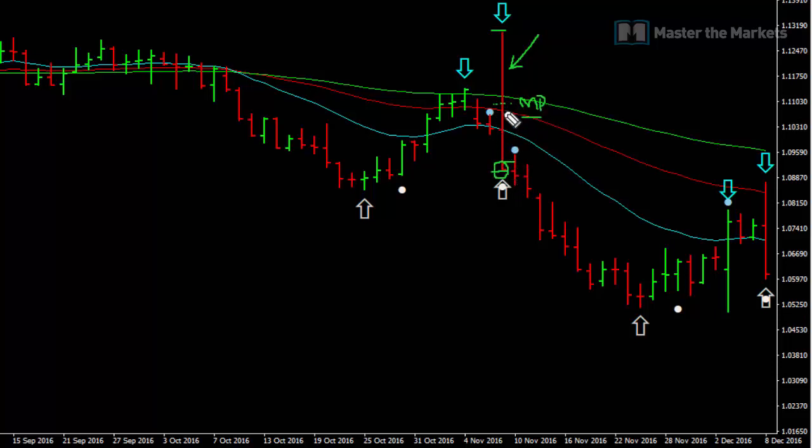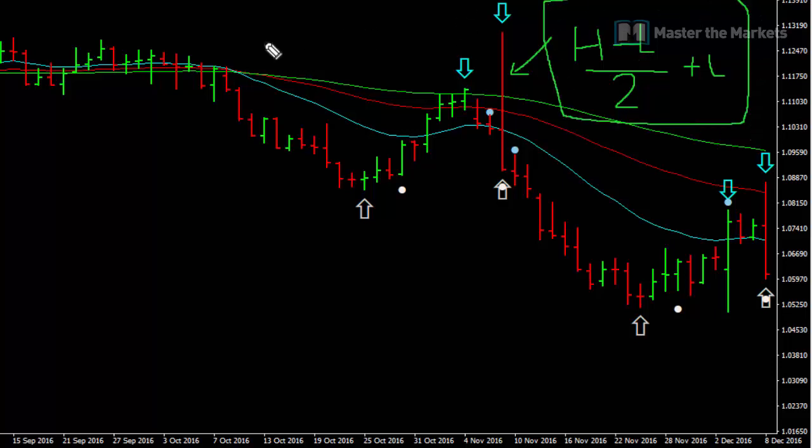Now if the close of the outside bar is below the midpoint, then this has a certain set of statistics around it. And again, if you look at this outside bar here as well, the same thing happens. The close is below the midpoint of the bar, which will be around here. How can you work out the midpoint of a bar? Very easy. High minus low, divided by 2, plus the low, will give you the midpoint. So that's the midpoint formula.